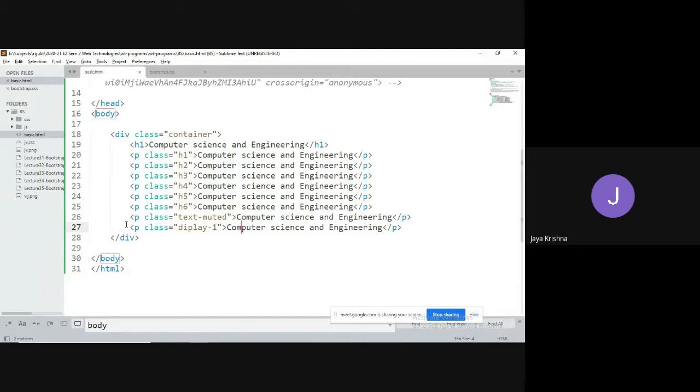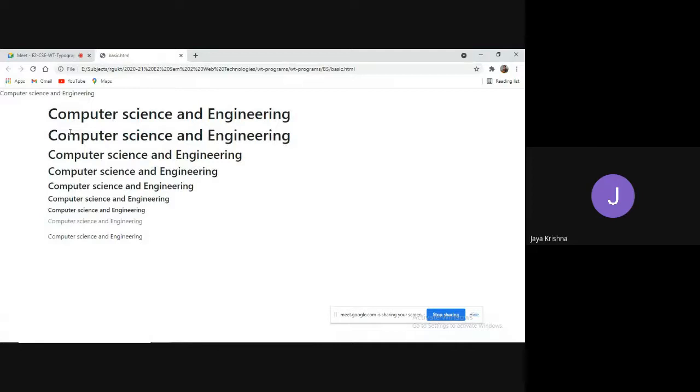This is actually a large text, which is generally meant for heading purposes only. I'm going to take it out and try to work with this.